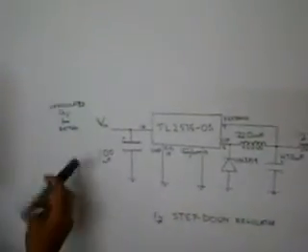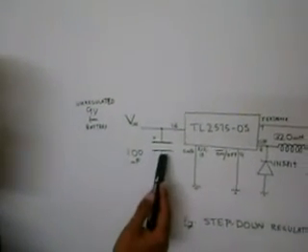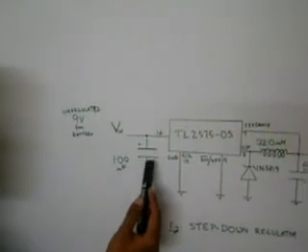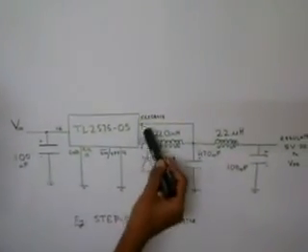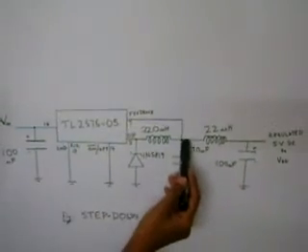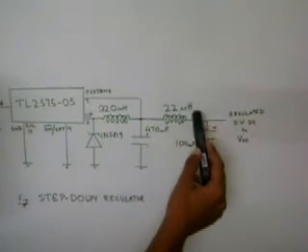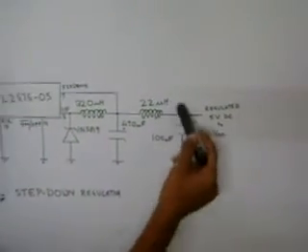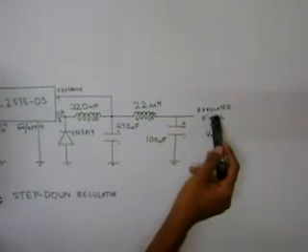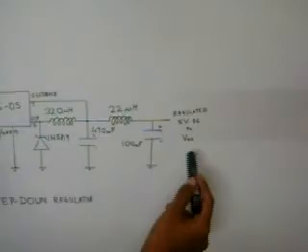Now, the input comes from the battery, which is a 9 volt unregulated input. This capacitance reduces the input ripple voltage. This node is fed back to the feedback pin so as to maintain the node voltage at 5 volts. This is an optional filter so as to reduce the output ripple using an LC filter, and the final output, which is a 5 volt regulated DC, is used as VDD for all the other analog ICs as well as the DSP stick.